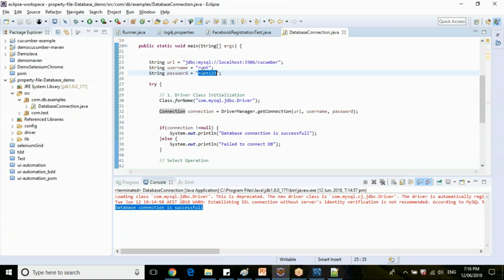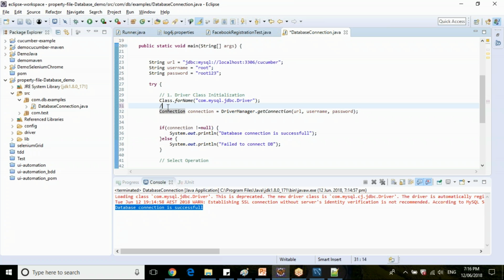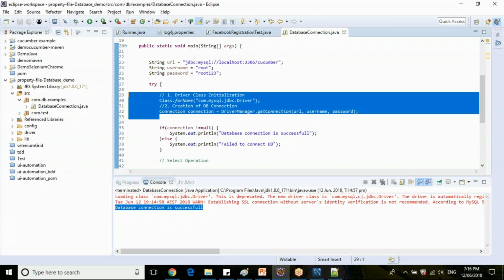The username and password are root and root123. Okay. So the first step is we are declaring the driver class initialization. The second step is we are creating a connection to the database with all the parameters. So any queries till here? Are you clear with this?